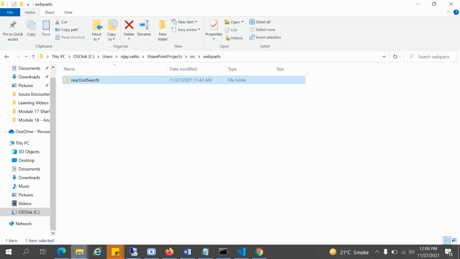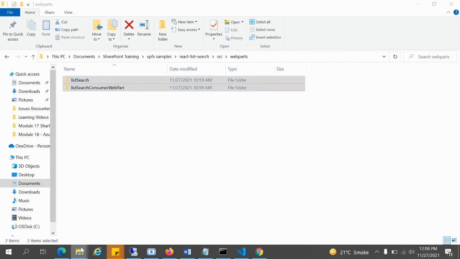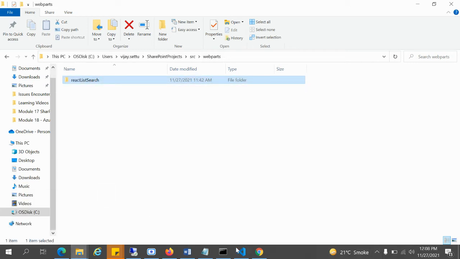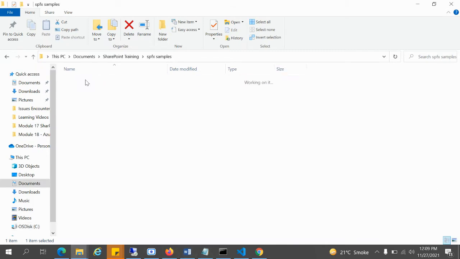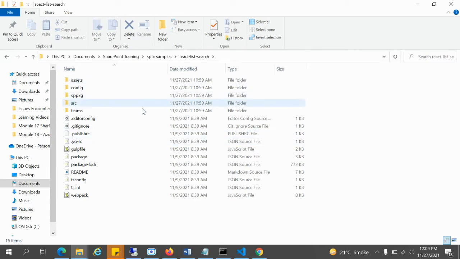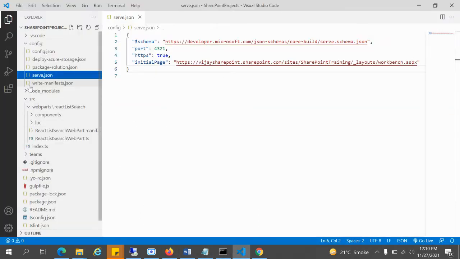So here I copied the samples. In this sample, we need to understand what the files and structures are, how it was set up for that web part sample. They gave the whole structure, only excluding the node modules, which are not there. If you want to directly copy this, you can install the node modules with npm, and then it will work. Otherwise, if you have your own project, so here if you see I have the project